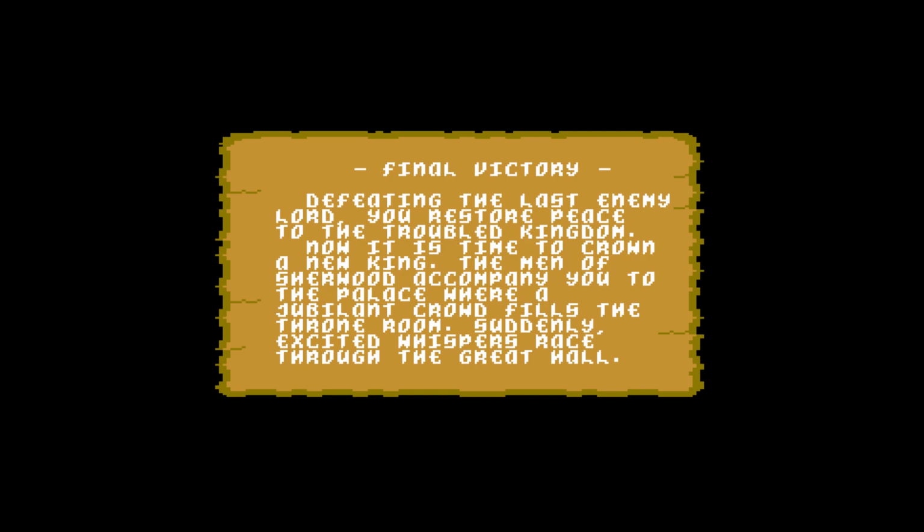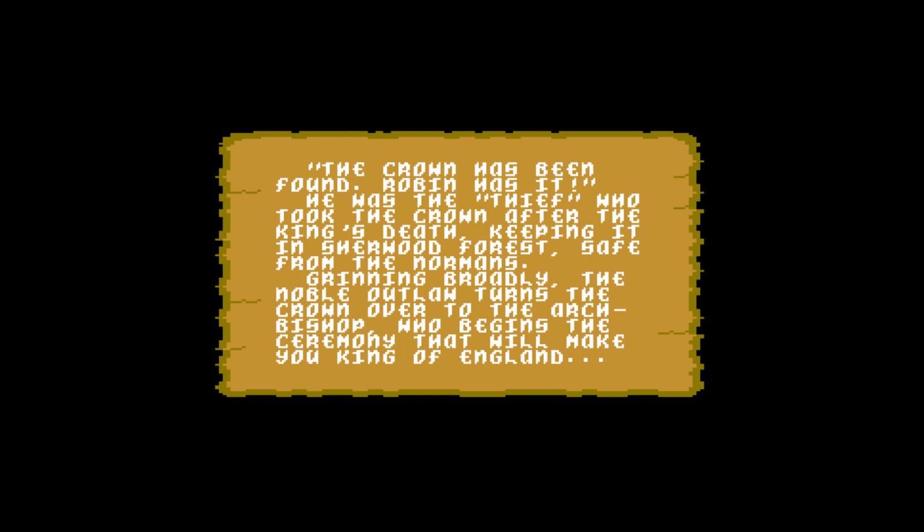Defeating the last enemy lord, you restore peace to the troubled kingdom. Now it is the time to crown a new king. The men of Sherwood accompany you to the palace, where the jubilant crowd fills the throne room. Suddenly, excited whispers race through the great hall. The crown has been found. Robin has it. Who is the thief who took the crown after the king's death, keeping it in Sherwood Forest, safe from the Normans? Grinning broadly, the noble outlaw turns the crown over to the archbishop, who begins the ceremony that will...